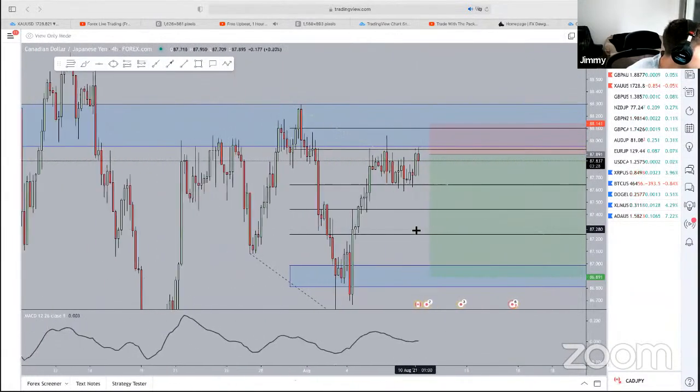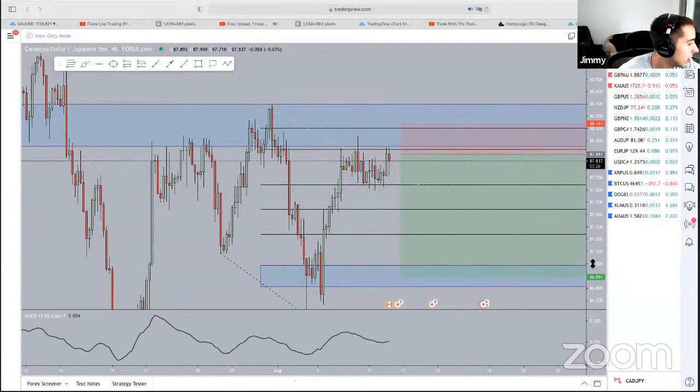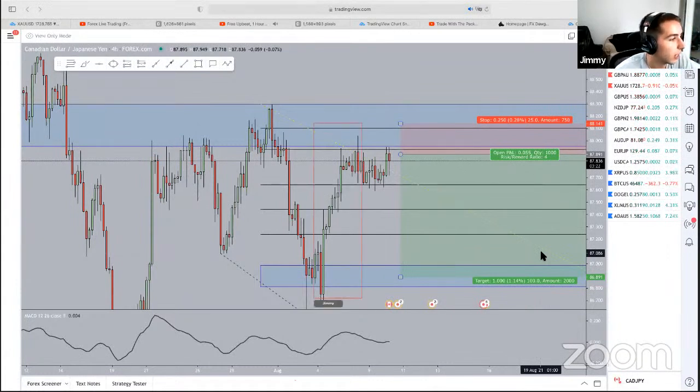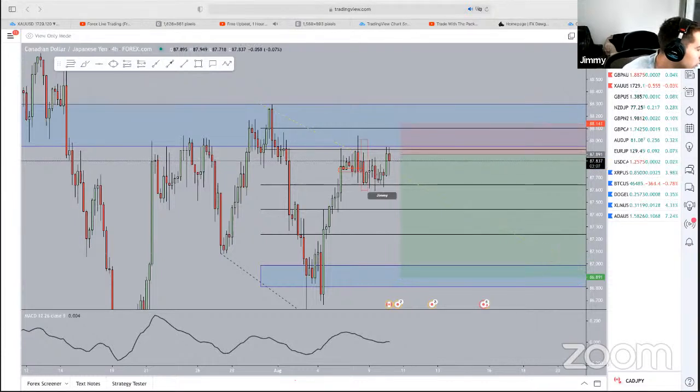So now I need a break of structure. Yes. I need to have a confirmation that the H4 turned to a bearish market. And the confirmation for that is that we created a support level right there. And this H4 candle